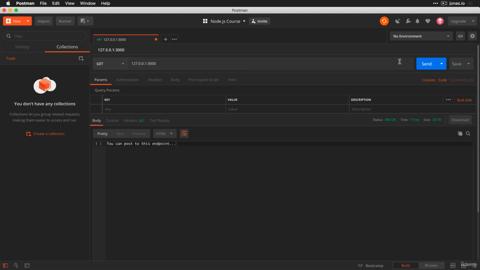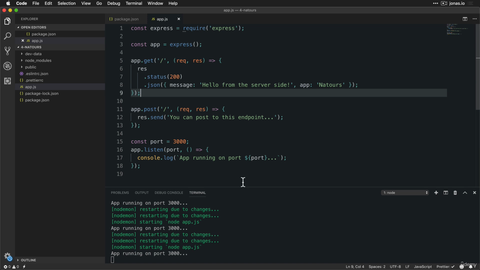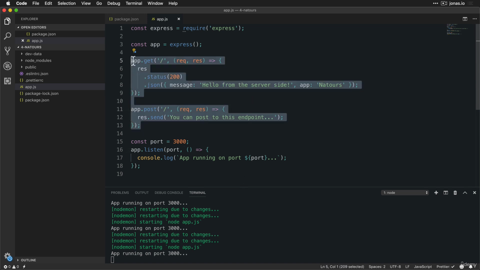So going back to get, so here we have our result headers. And so here you see that the content type is indeed set to application JSON. Express then also automatically sends a bunch of other headers, for example, this powered by Express, or the date, or the connection. Okay, but again, we're going to take more care of headers a bit later in the course. So this was just a very small and simple example here, but you can already start to appreciate how much easier it is to do this kind of responses. So to create this route in order to respond to client requests in a much easier way than in just